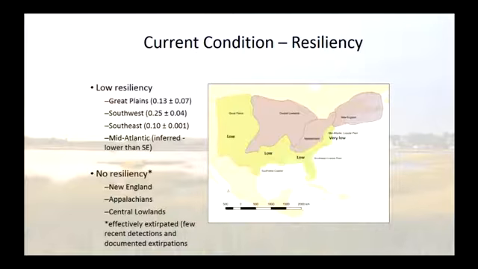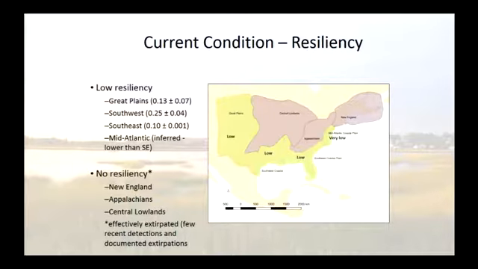And so we did these current condition occupancy analyses. We found that occupancy was really, really low across our sites. So in the Great Plains, which we had about 26 or 30 sites here to estimate from, about 13% of our sites were probably occupied. In Texas and the Southwest, down here, we had 25% occupancy rate. And in the Southeast, we had a 10% occupancy rate. And that was saved by Florida, because the South Carolina data indicated that about 3% of sites were occupied. And that's out of 400 sites that were specifically targeted for black rails.